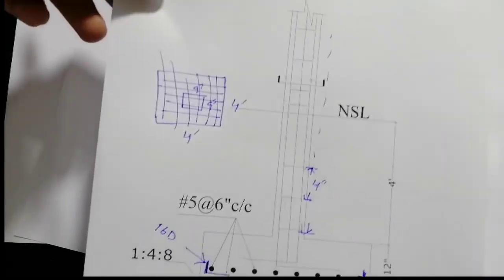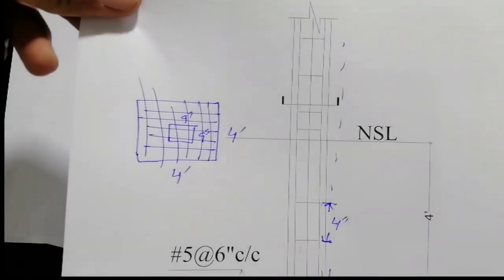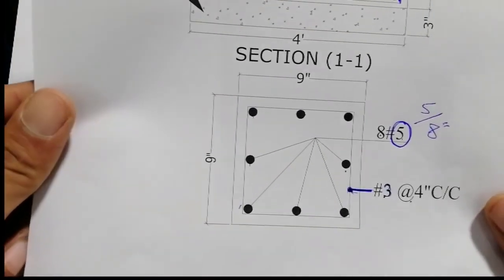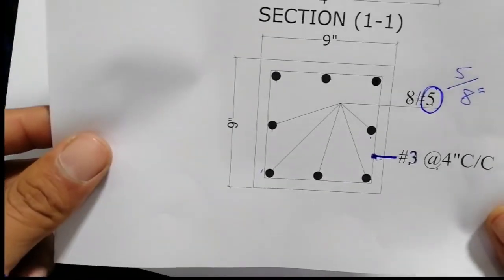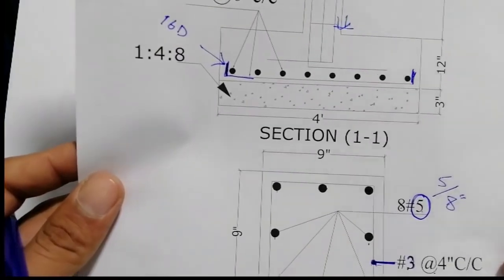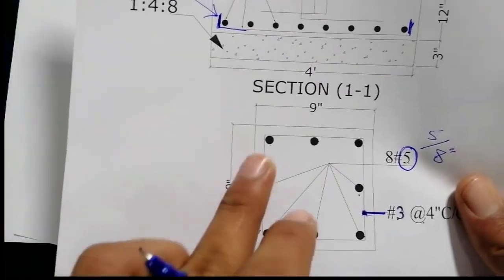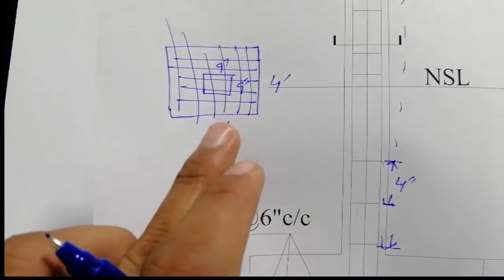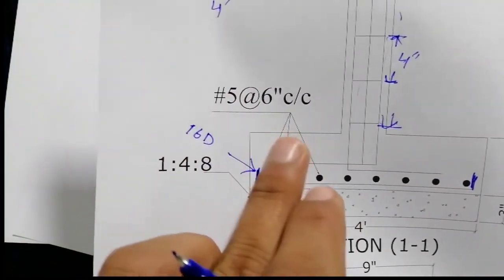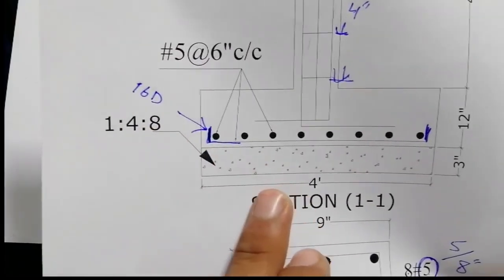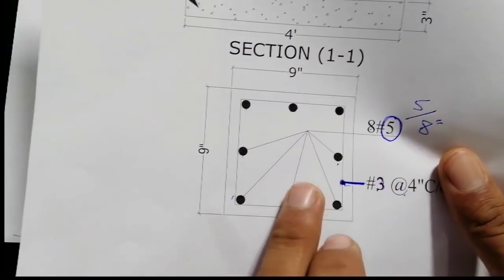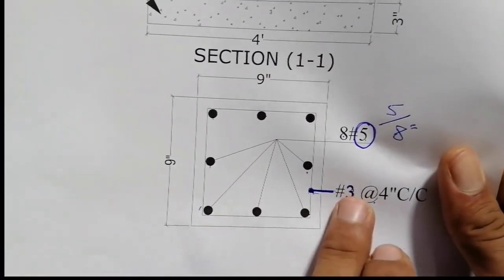Right, so from the top, it continues to NSL. The size of the column is 9 by 9 inches, but the footing size is 4 by 4 feet. It's reinforcement detail, PCC work, section 1:1. It's reinforcement detail with lateral ties,